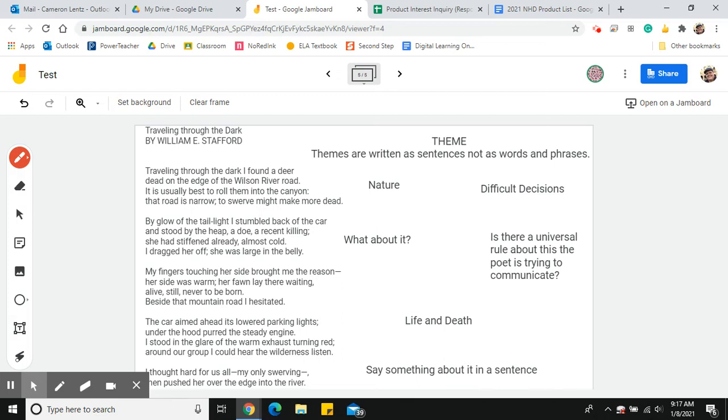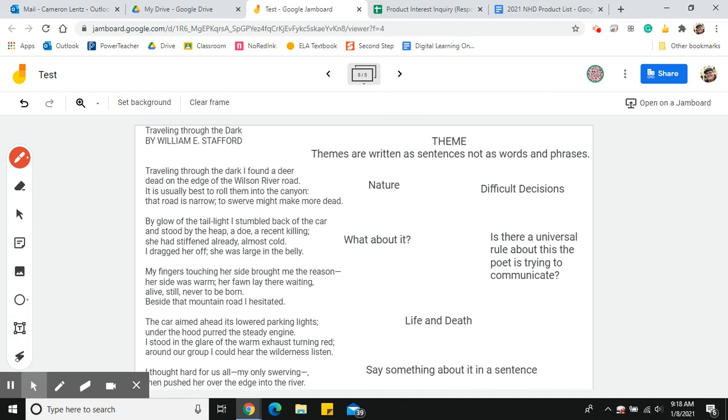Today I just wanted to talk about how we can determine a theme in a poem. So in class, we've been talking about a six-step poetry analysis for Traveling Through the Dark, and we've looked at the poem through several different aspects by analyzing the speaker, the poet's purpose, looking at and breaking down different poetic devices that the poet used, and also looking at word choice and subject matter and how those influence tone and mood in the poem. And the final thing that you need to do for your six-step poetry analysis is consider all six of those elements and determine how they help develop the theme of the poem.